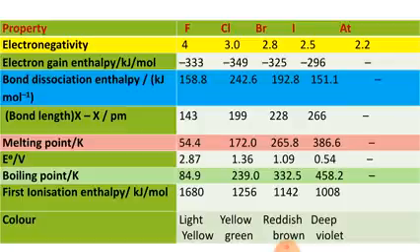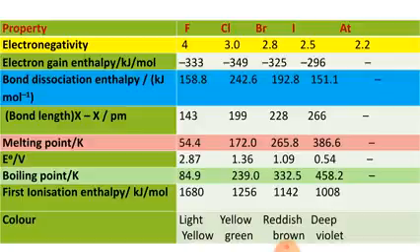Now next, first ionization enthalpy in kilojoule per mole. Look at this. Ionization enthalpy depends upon the size of elements, that is, the smaller the size, the more the ionization enthalpy. So down the group the size increases, that's why the ionization enthalpy value decreases down the group. This is also a general trend which can be seen here.